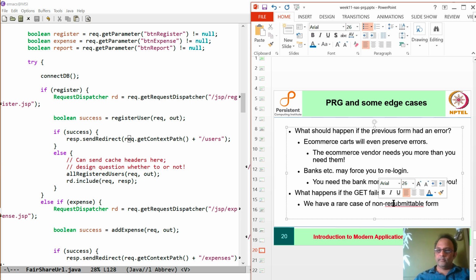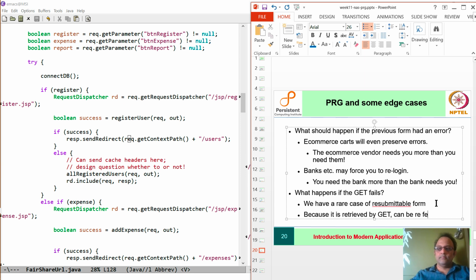So not non-resubmittable, that's a typo. We have a rare case of a resubmittable form, which because it is retrieved by get, can be refetched. So that's the overall flow of post redirect get.